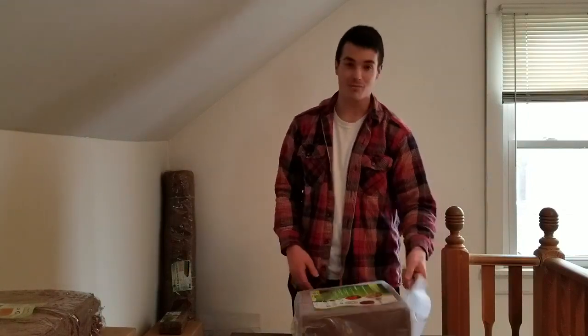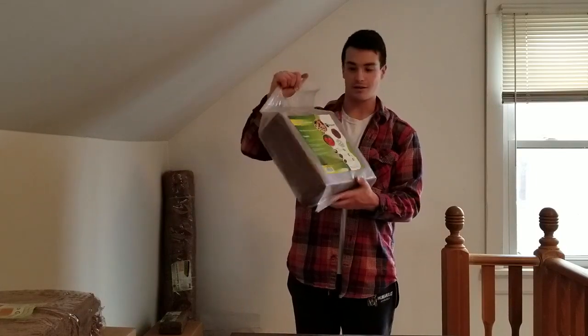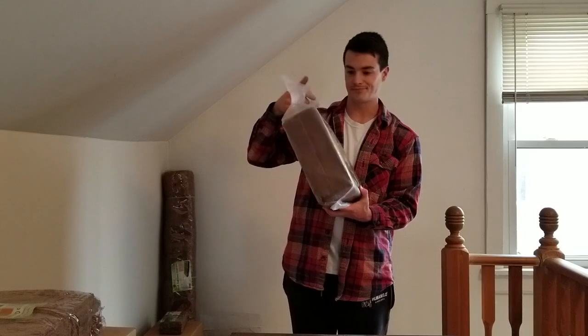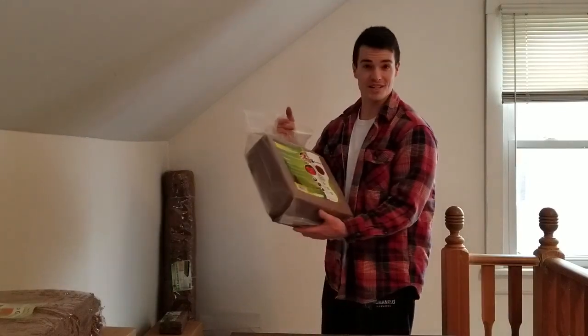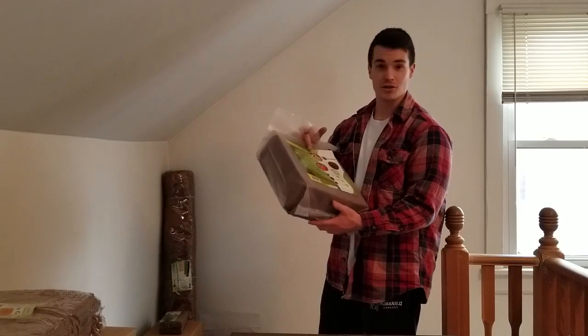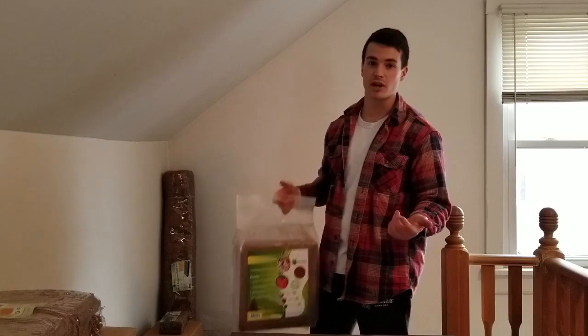So pretty impressive stuff. I've been super obsessed with coir, which is just another word for coconuts, byproduct. It's like, we'll just say cocoa. So I've been super obsessed with cocoa. As far as using it for a growing media, it helps save a lot of moisture, but you also have to be careful because